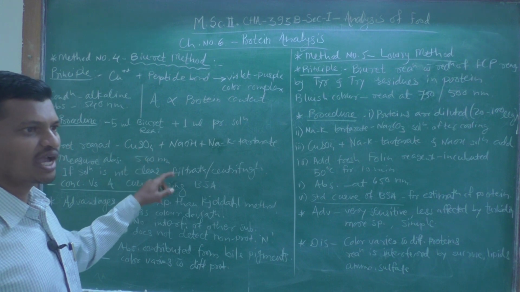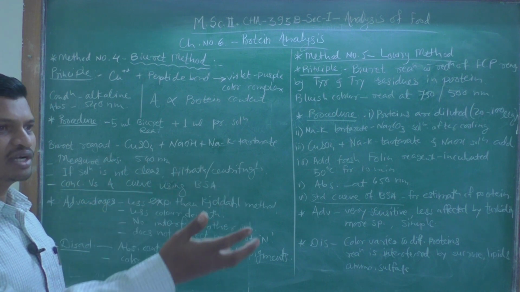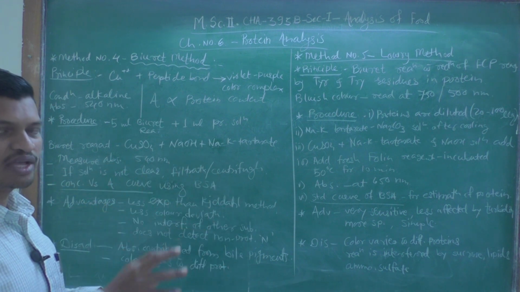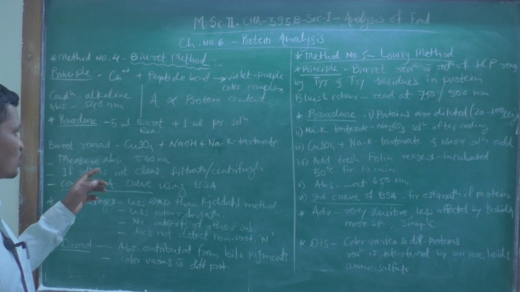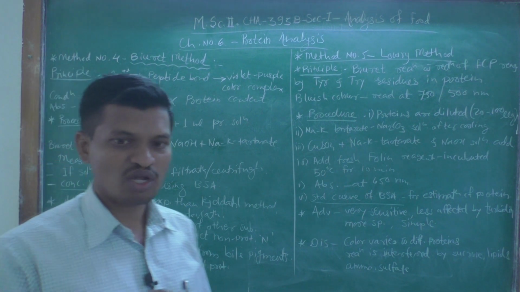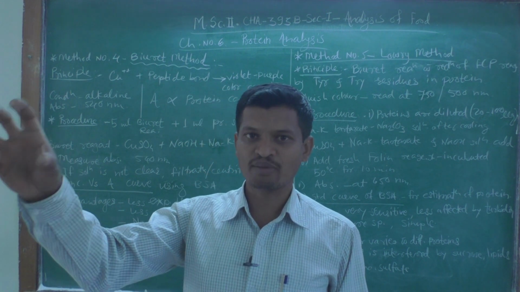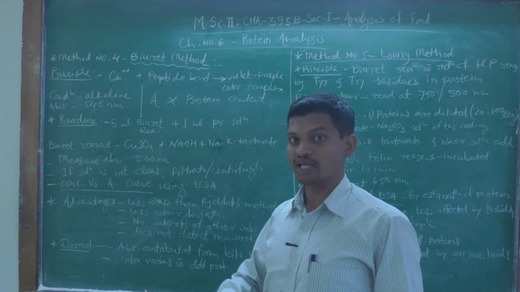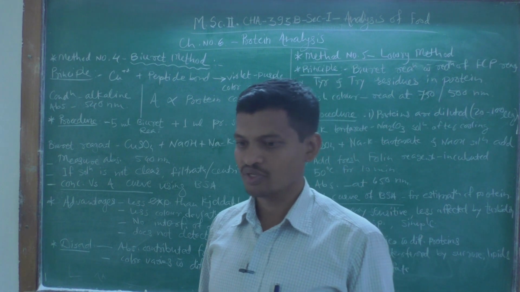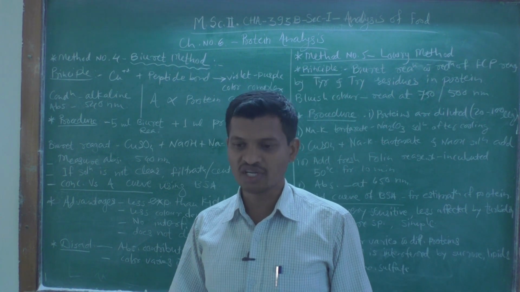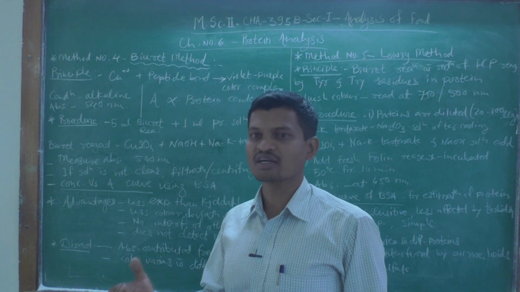So this is the lambda max, and at this lambda max, what is the absorbance value? That value can be taken from the readout or display unit of the instrument. But if the test solution that we are going to use for the absorbance measurement is not clear, then filtration or centrifugation is needed. We have to filter or centrifuge that material, hence we should get a clear solution.